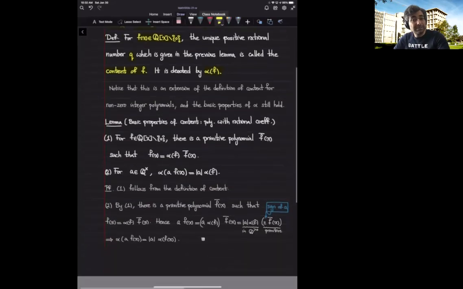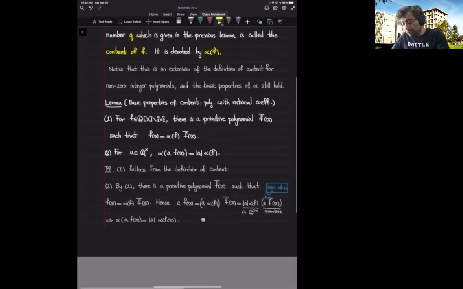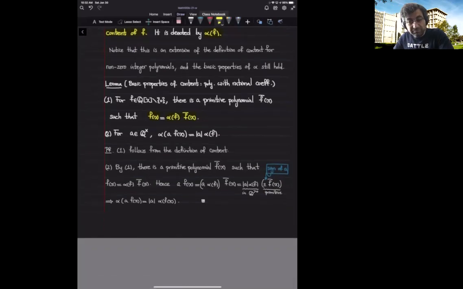Now, what are the basic properties of this extended function? Does it share the same properties as before? One of them is in fact already the definition, meaning Q is defined in a way that F can be written as the content times a primitive polynomial. And this is the unique way of writing F as a product of a positive rational number and a primitive polynomial. This is part of the definition of content. Now, how about when I multiply a polynomial by a